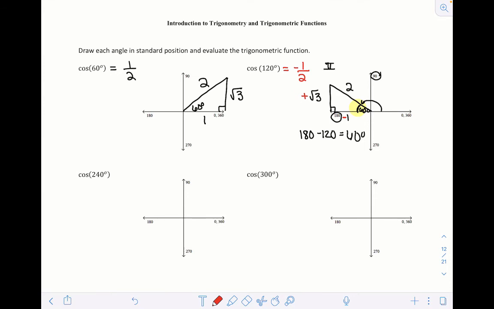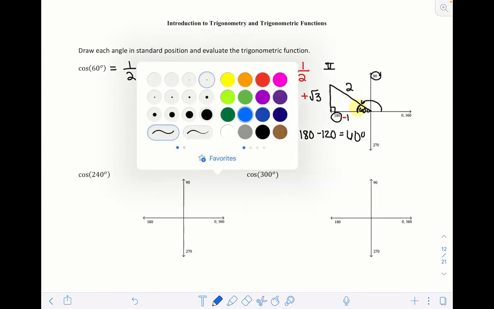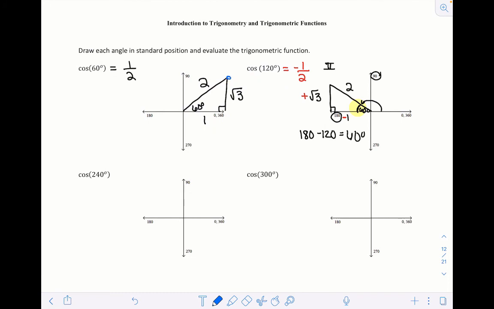Okay, so why can we just draw the triangle in this other quadrant? Well, one way to look at it, if you think about that definition in terms of x's and y's,